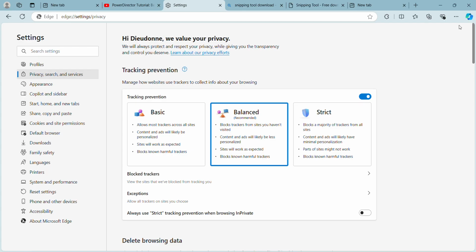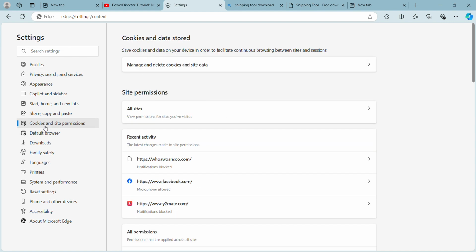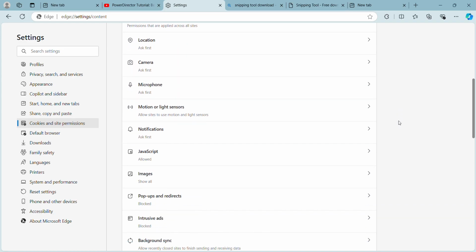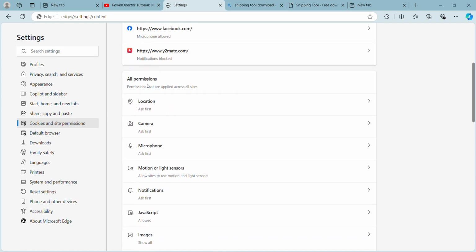Once you're in, you click on the three dots here, or you can simply type in Alt plus F, and it will take you all the way here. Once you're here, you go to cookies and site permissions. And then once you're here, what else do you have to do? You scroll down all the way to all permissions, and you can come to